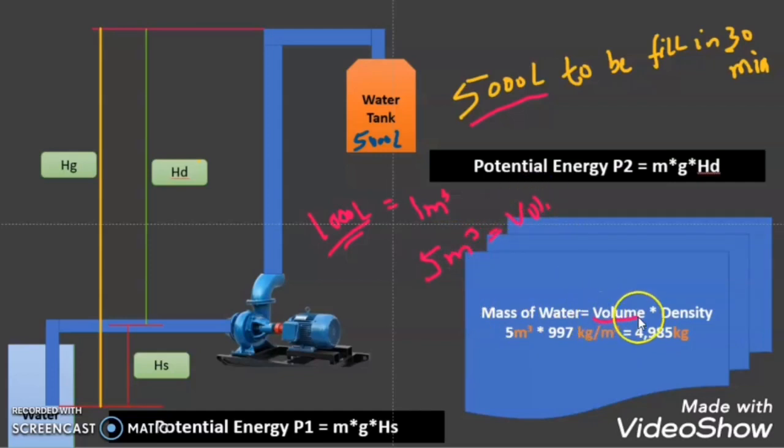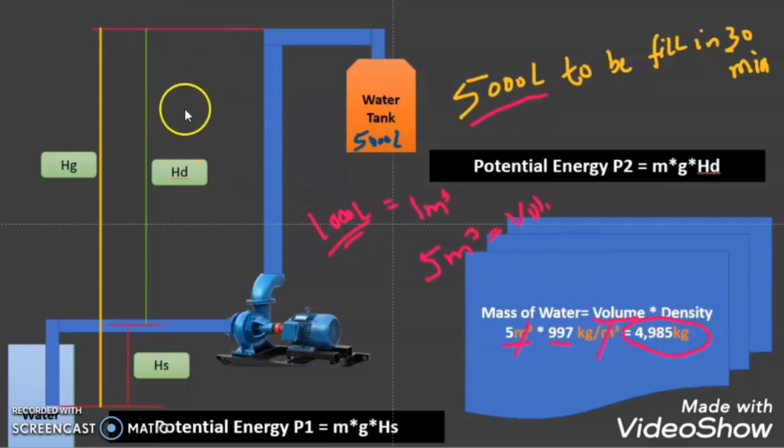So I wrote here volume is equal to 5 meter cube, and we discussed in our previous discussion that the density of the water is 997 kg per meter cube. So this meter cube will cancel, and the mass of the water will become